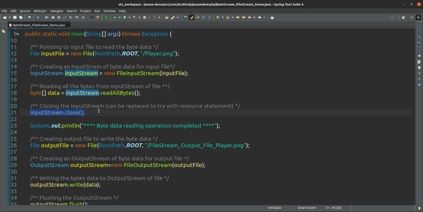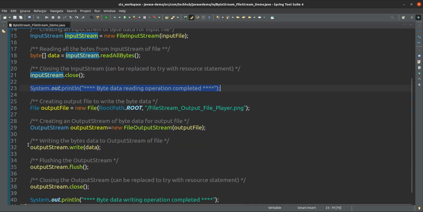We will see that here also. So the byte reading operation is completed, because we have read all the bytes at line number 18 and closed the input stream. We print a message: byte data reading operation completed.